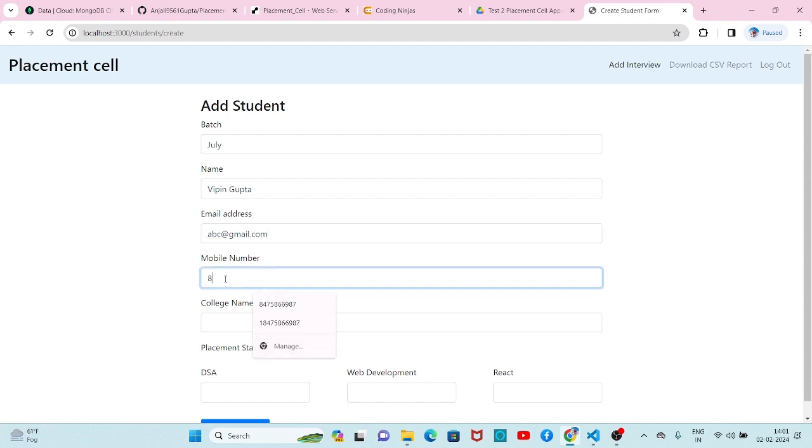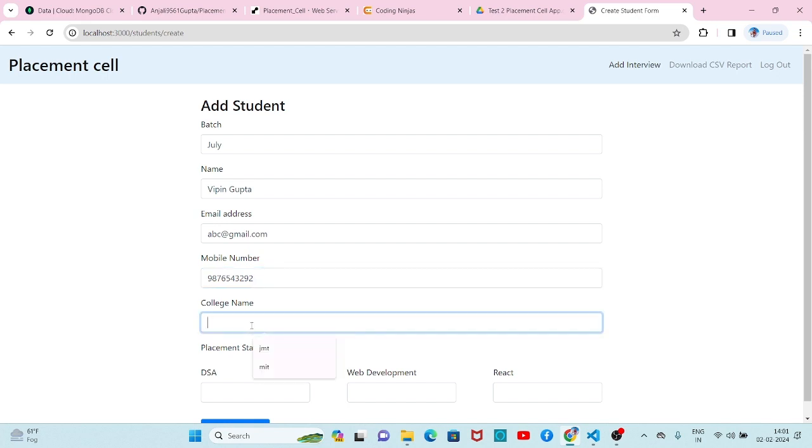Now here I am putting a random number. You can put your own, here I am putting a mobile number, that we can call a random number. Yeah, this is 10 digits. Now here I'm putting a college name, like MIT College